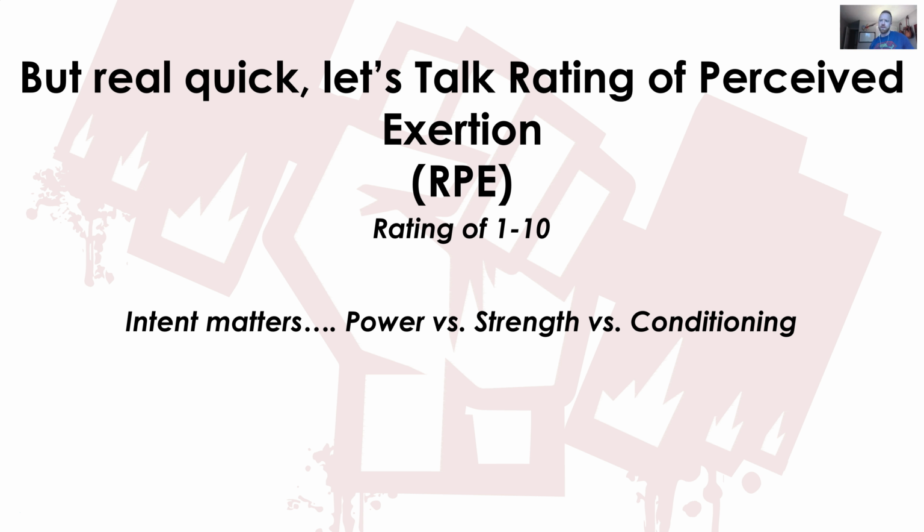Well, what's the quality that we're after when it comes to power? Velocity, right? So a 7 would mean that we have 3 quality reps left in the tank. But now, again, that quality, that intent, is velocity. So if our velocity starts to drop off before that point, then we've picked a weight that is too heavy. So we should have 3 reps left in the tank at that same velocity for a 7, 2 for an 8, 1 for a 9.